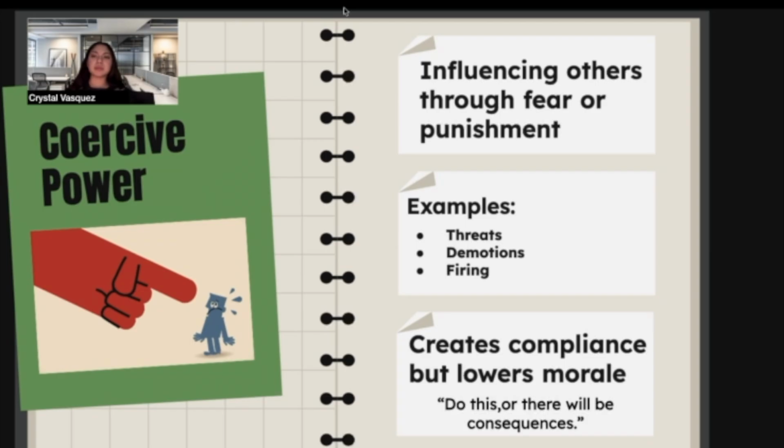An example of this would be a sales consultant at a company remaining silent after witnessing their supervisor falsify their team's sales numbers for fear of being terminated or demoted, being assigned to an undesirable region or clients, and/or being treated in an embarrassing way in front of the rest of the team. This form of power creates compliance but lowers morale in the workplace. This is a result of the negative actions and forces the workplace to comply. Overall, the message coercive power puts out in the company is: do this or there will be consequences.